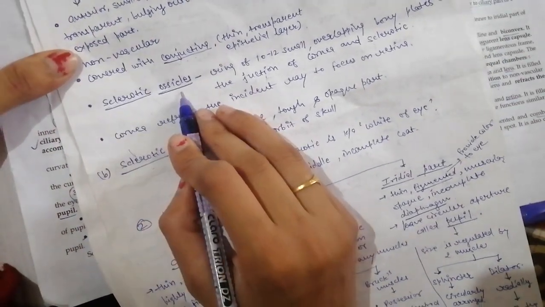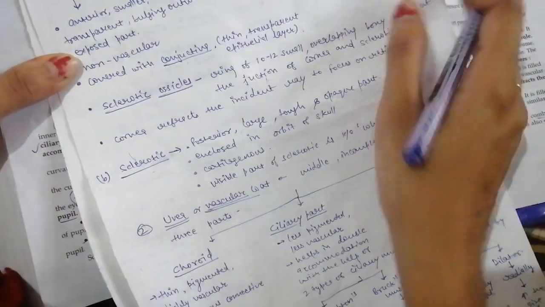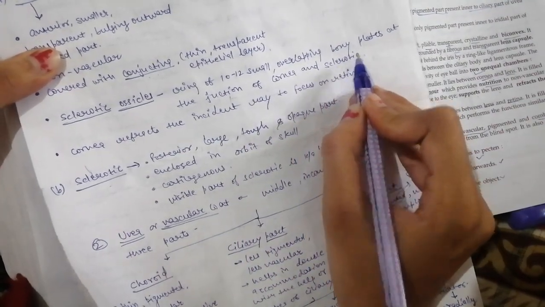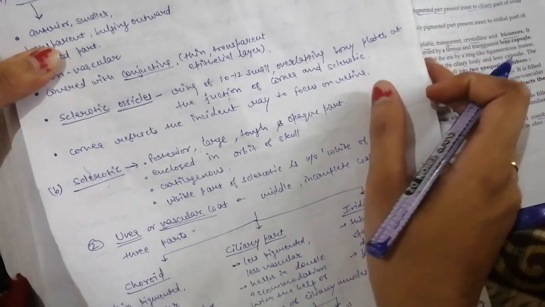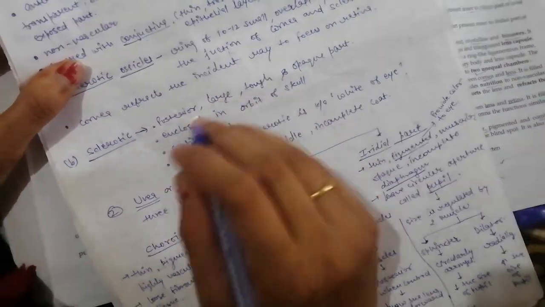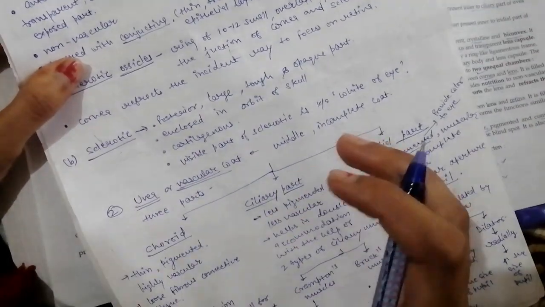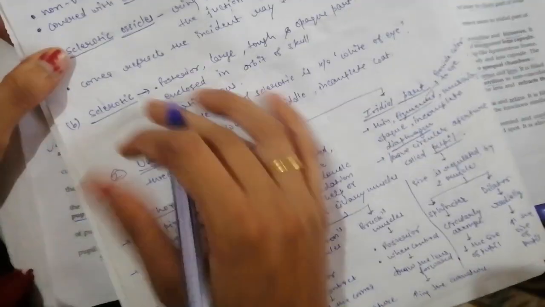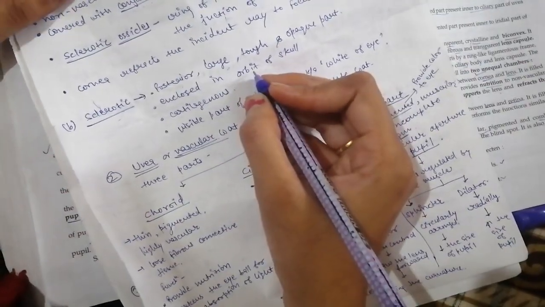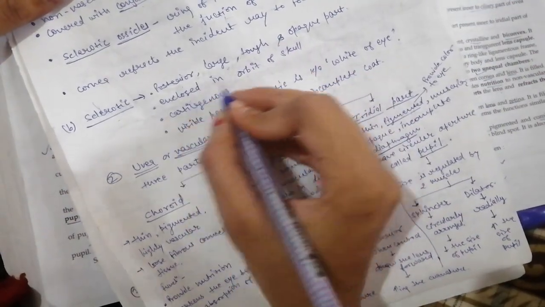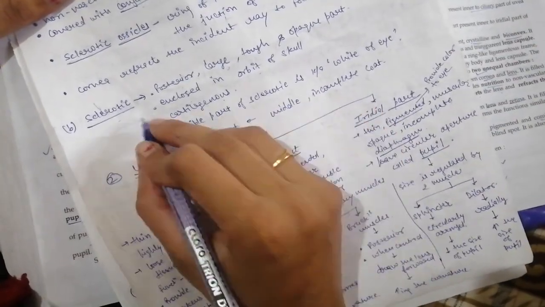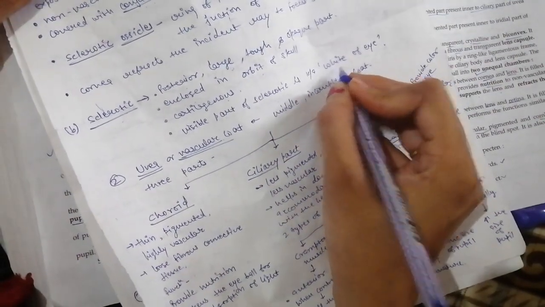Sclerotic ossicles are present at the junction of the cornea and sclerotic, and form a ring of 10 to 12 small overlapping bony plates. The cornea refracts the incident rays to focus the image, or to form the image, on the retina. Next, the sclerotic, which is the posterior, large, tough and opaque part of the fibrous tunic. It is enclosed in the orbit of the skull. It is cartilaginous, and the only visible part of the sclerotic is called the white of the eye.